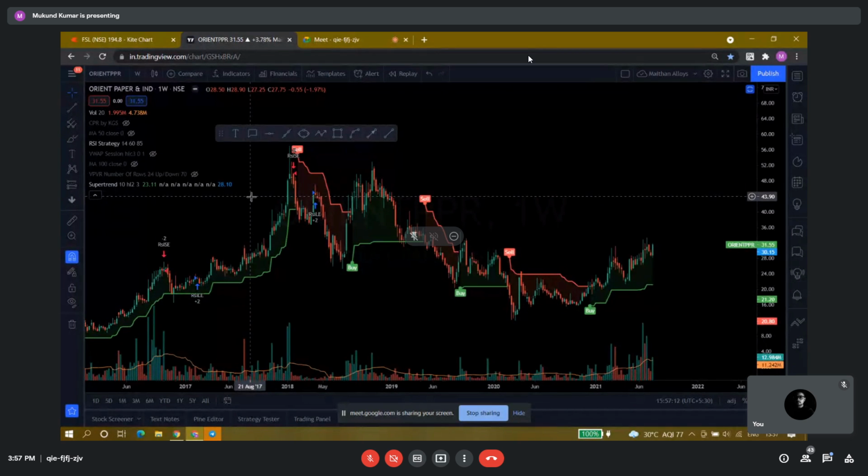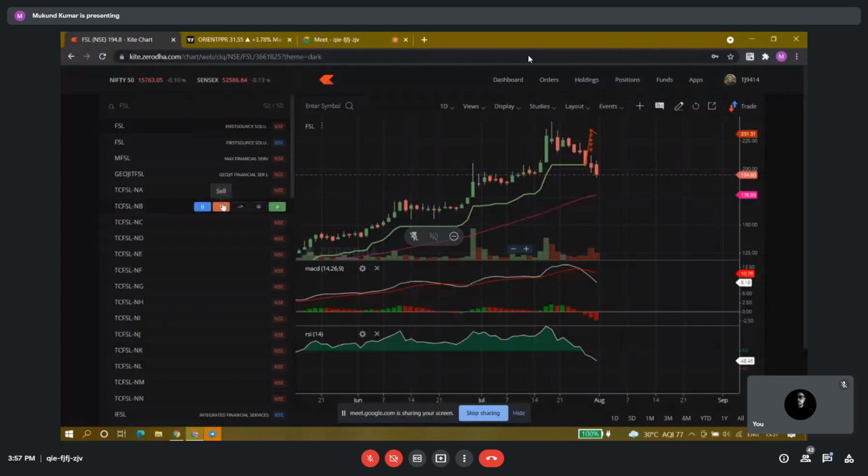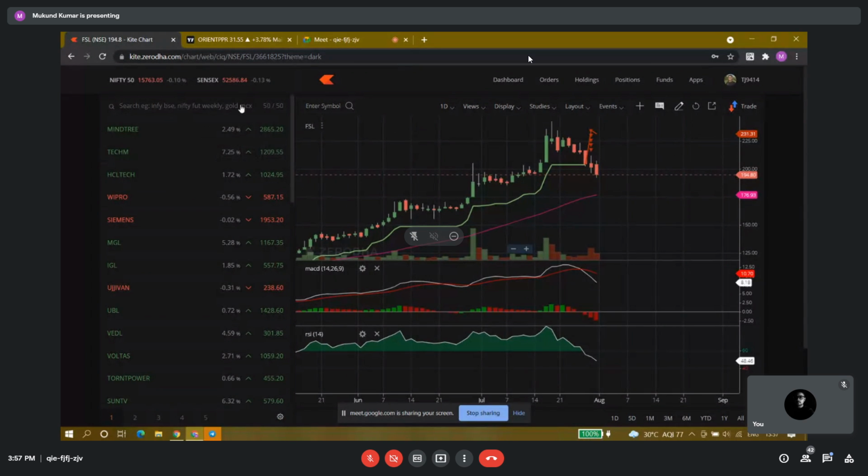Can you give some tips on how to select a stock? There are hundreds and thousands, and even if we get the correct one, we have to get in at the correct time. Now I will tell you. I will just show you. This is my Zerodha ID. I have logged in. This is my first watch list, and you can see I have 50 stocks, Nifty 50.